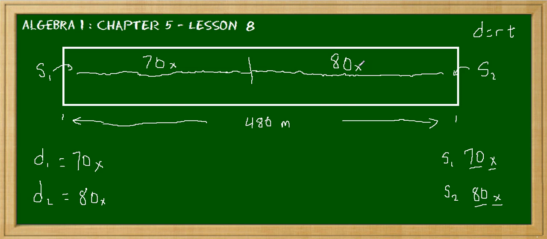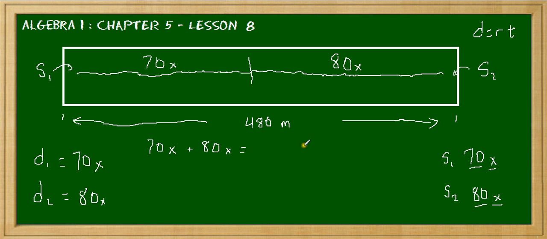Use the information in this diagram to write an equation. Well, what would the equation be? What's equal to what? Here's where the 480 comes back in. We know that this long distance from one end of the pool to the other is 480, and we know that if we add swimmer 1, which is 70x, and swimmer 2, which is 80x, and we add them together, it's equal to 480. So we can say 70x, well, that's a big 70. Won't leave me room to solve the problem, would it? Let's put here 70x plus 80x